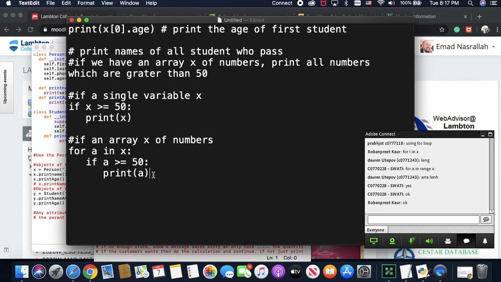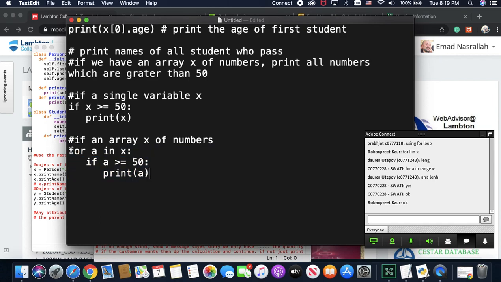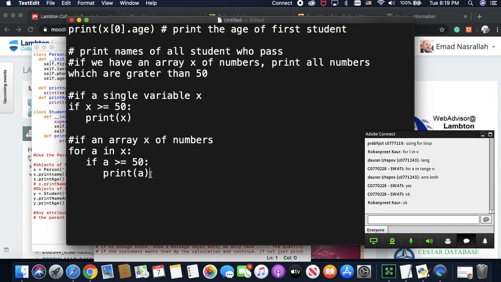If I need to get the index, I cannot do it in this way. Forget about the index, let's focus here. Anybody doesn't understand what I'm doing here? Do you have any questions about these three statements? For a in x, if a greater than or equal 50, print a. If you don't understand what is here, ask me. Let me explain. If everybody understands,